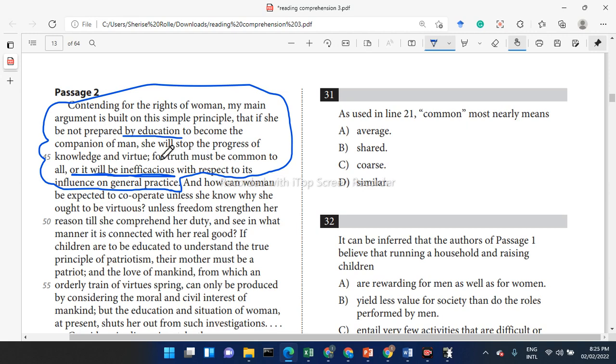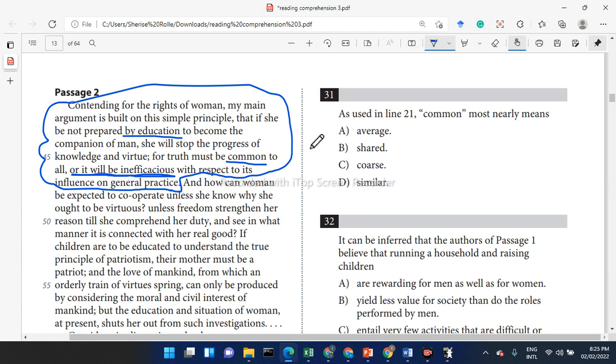So our point is that truth must be common. So the woman must know. She must be educated. She must have experience in college, in school, in these things, so that when she's going to teach her children, she's going to be able to know what to say and to say, yeah, I remember when I was doing this when I was a child. I remember when I was in this course, and I remember when I almost failed, or I remember when I was in Mr. Petit's class struggling to get this BGCSE. I know how it is, and so now I can tell you, right?